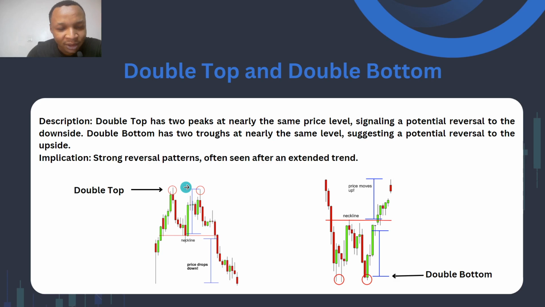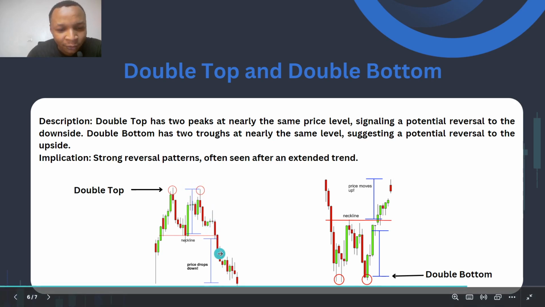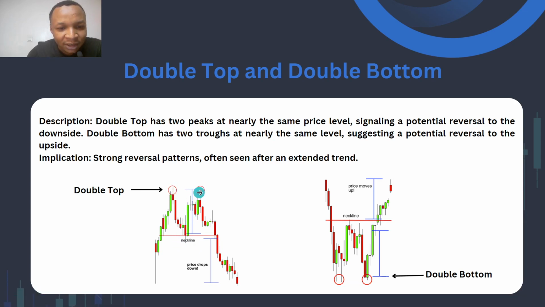And remember, in the support and resistance video, we talked about how a resistance is a price point that sends price further downwards, where price gets to and starts selling off from. Okay, so we see that when price arrives at this resistance level, it starts dropping down. These two regions are called the double top. Okay, so when it's two peaks in price that arrive at the same price levels, it is signaling a reversal,